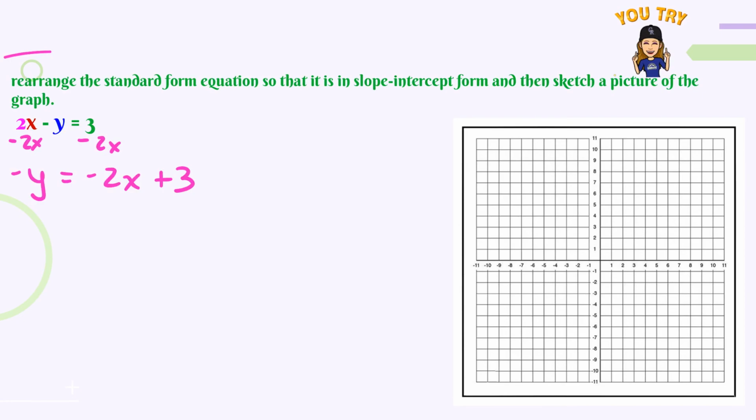But in y equals mx plus b form, I really need my y to be positive. So I'm going to divide everything by negative 1. And I get y is equal to 2x minus 3. And then I'm going to graph it. Negative 3 is my y-intercept. And then 2 is my slope. So I go up 2 over 1. I can also go down and to the left 2 to graph as well, a positive